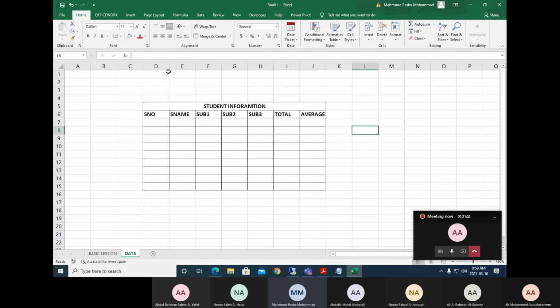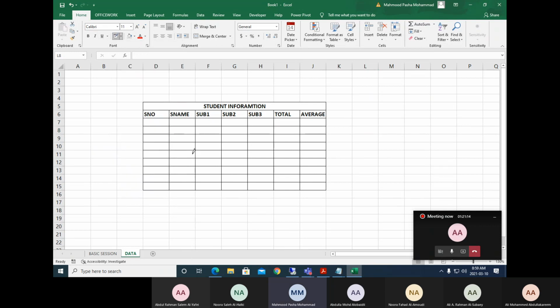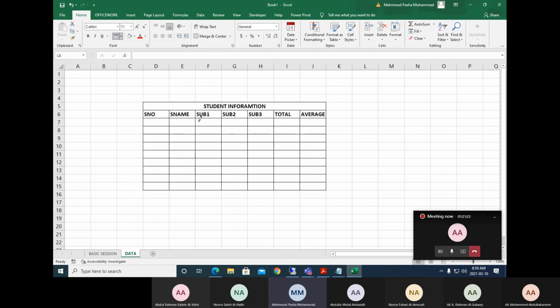Also, sometimes if you have a requirement, like you want to design the lines in this table, you can use this option. For example, there is an option here, draw border, and also you can see line color. I will give something like blue color. Okay, you can see now what is happening. The color is blue. So this is how we can apply it.